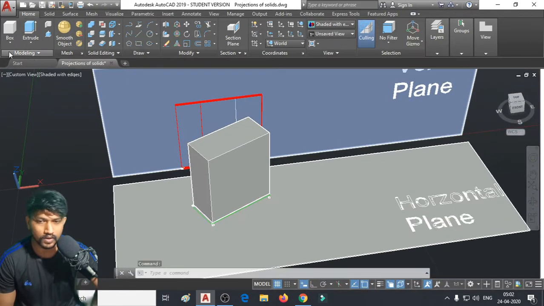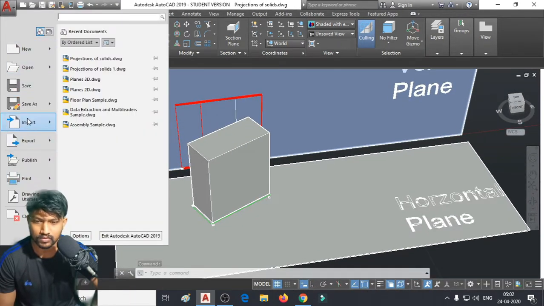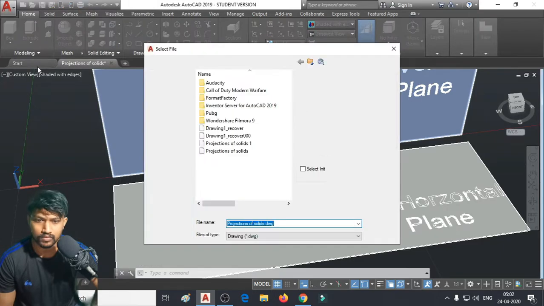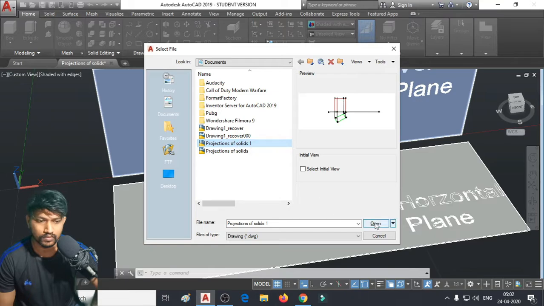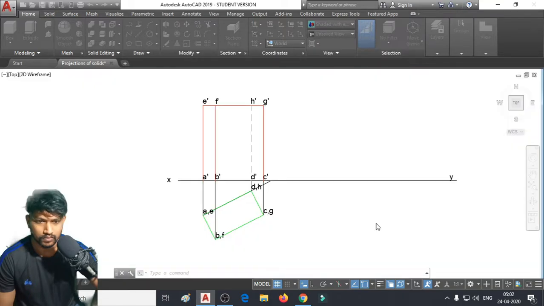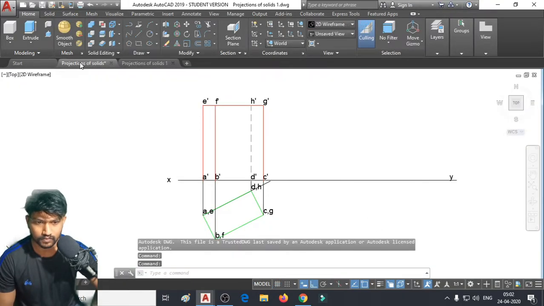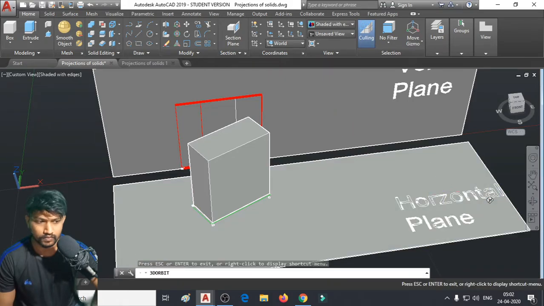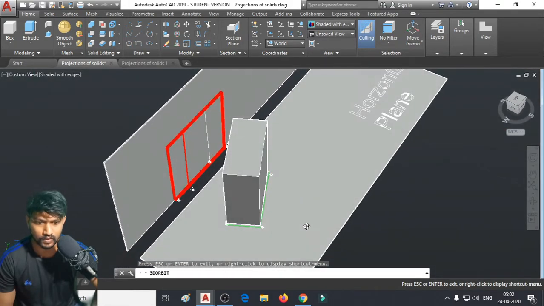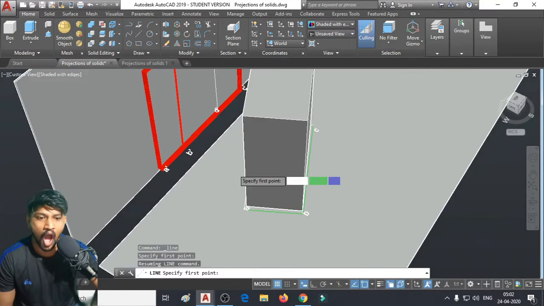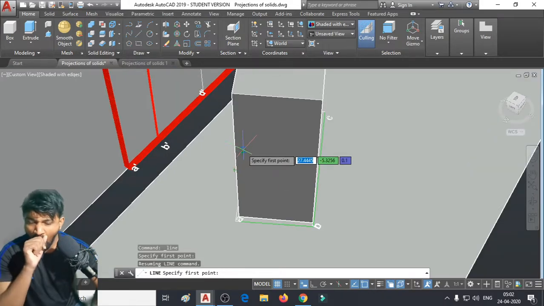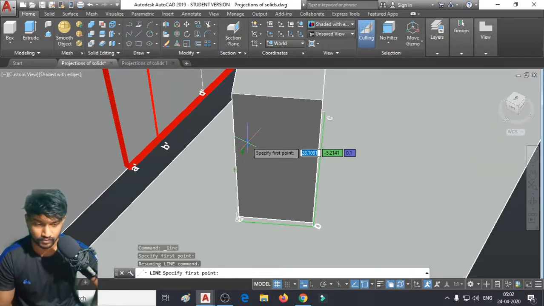Okay, let me open the other file too. Now here you have to finish these things.